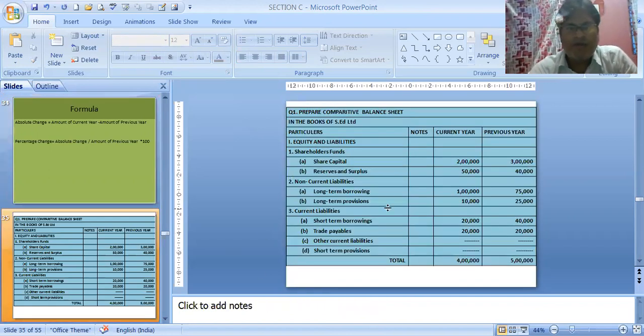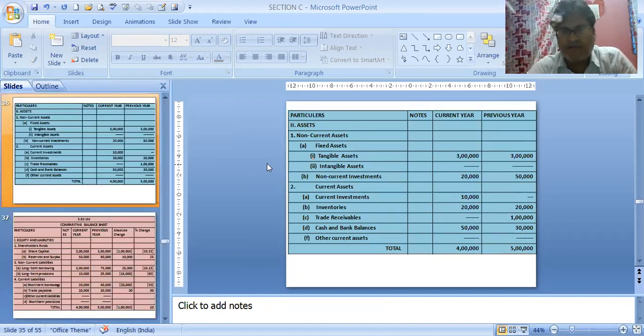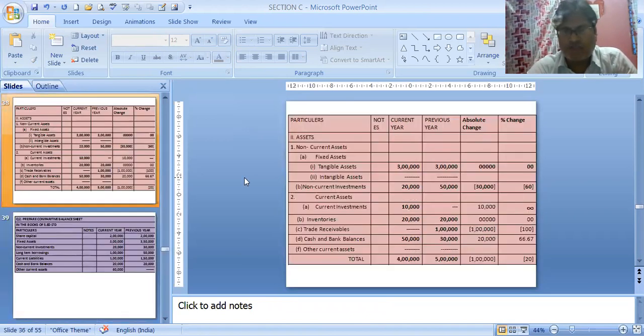Now we will do one sum to make the matter clear. A balance sheet format is given with different amounts. We have to just find the changed figures, that is the absolute change, and then the percentage change, and then our sum will be done. This is only the liability part because the sum is quite big. We have taken 2 slides to complete the sum. All the assets are written there, and we have 2 slides to complete the solution.